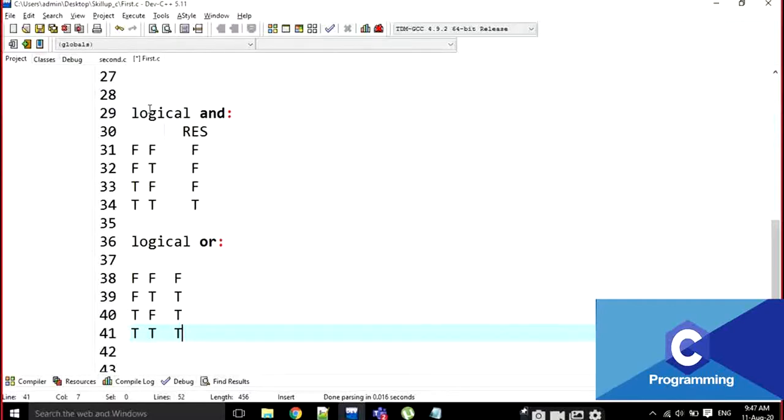If both are false, I am not listening to the class. If either one is true, I am going to listen to the class. If at least one is true, I am listening to the class. If both are true also, I am listening to the class. This is called the logical OR gate. Note down the truth tables here, logical AND and logical OR. I think everyone knows these things.